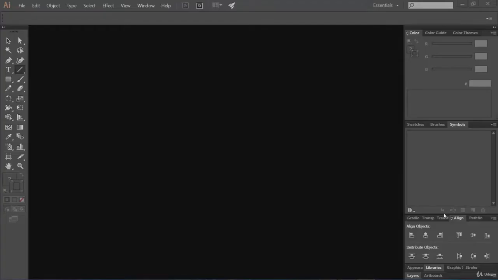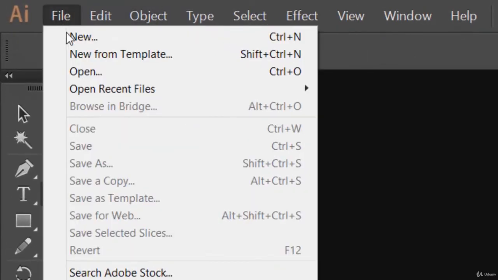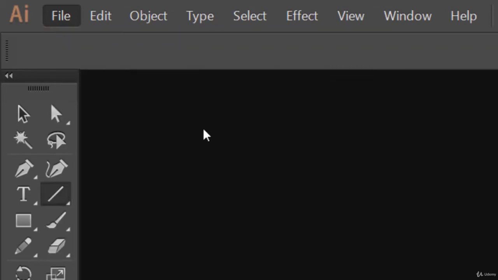Hello friends, so now you are familiar with this Adobe Illustrator interface. So now it's time to create a new document and to start working on it, isn't it? For creating a new file or a new document, you might have probably guessed, right? That we need to go to the File menu. Let's click on the File menu and here you will see an option New. And you can see that its keyboard shortcut is Ctrl N. So let's click on New or press Ctrl N, and Command N for Mac users.